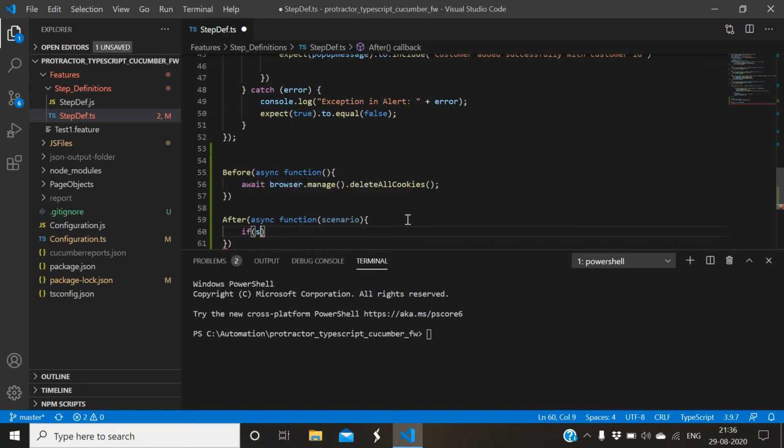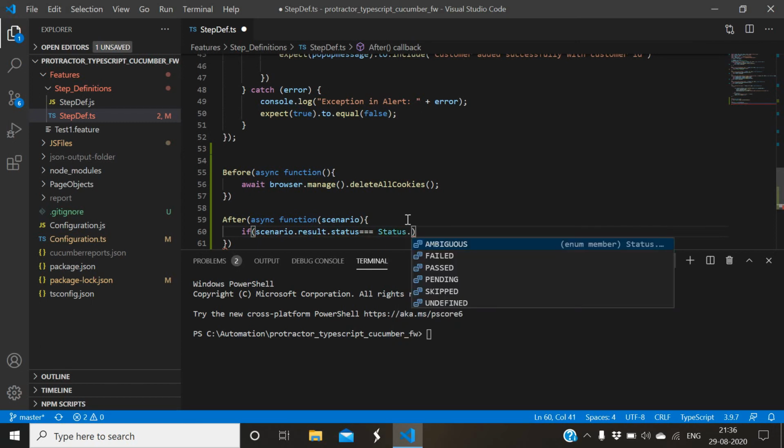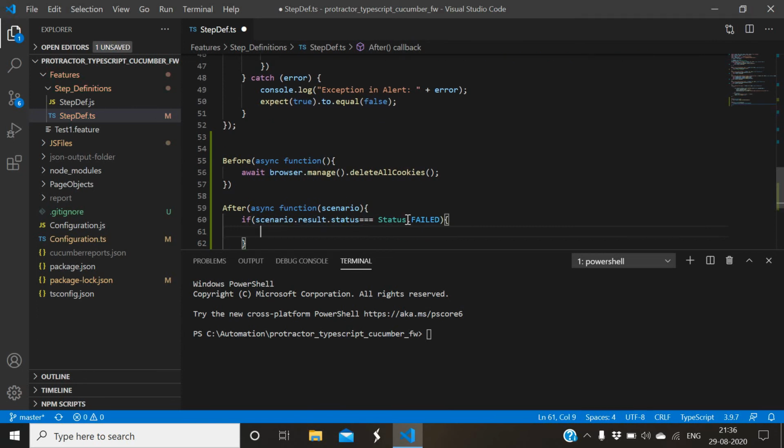So we will validate if the scenario.result.status is Status.FAILED. If it is failed, then take the screenshot. For taking a screenshot, use a const variable screenshot.